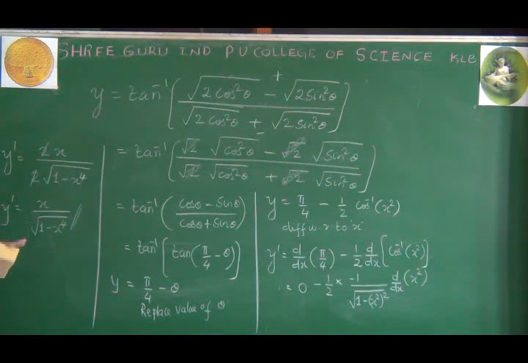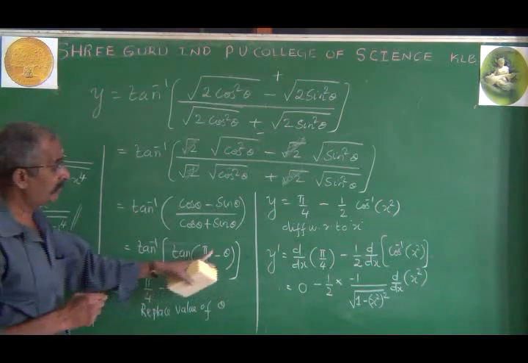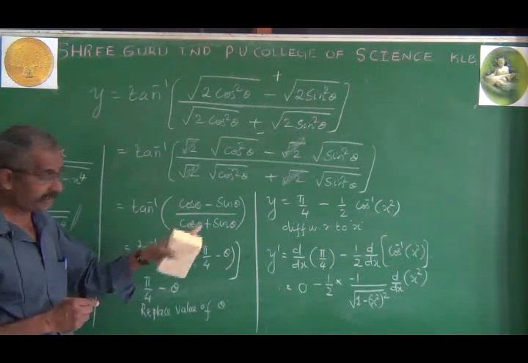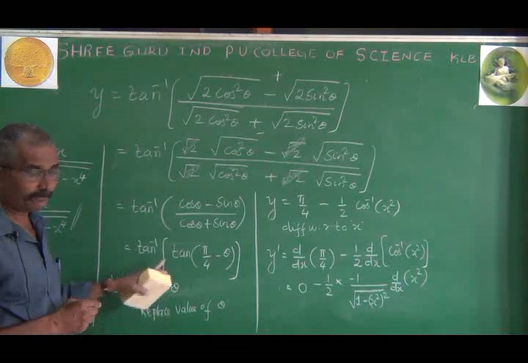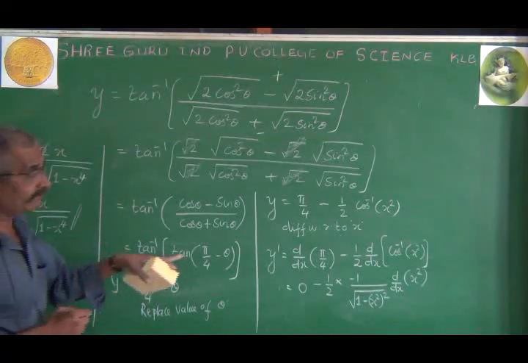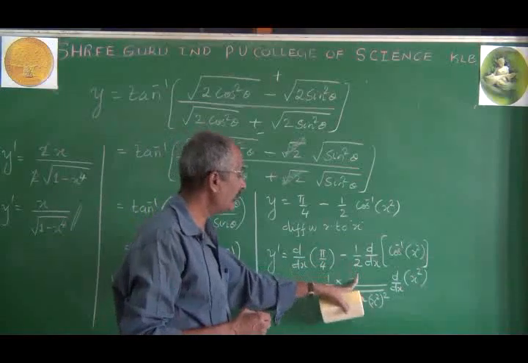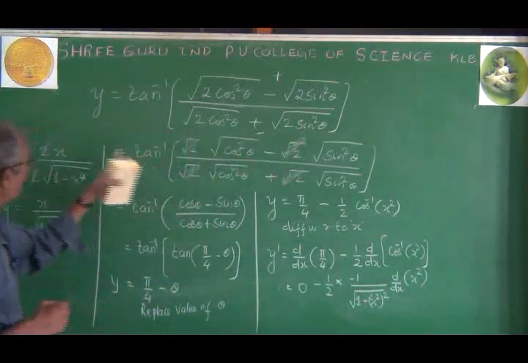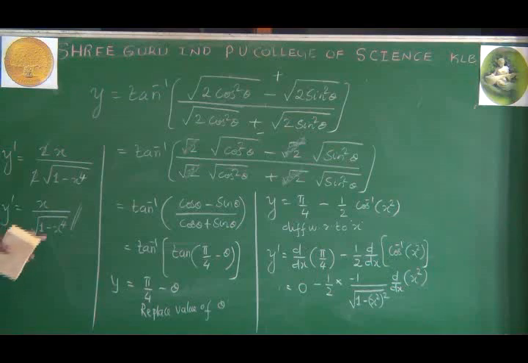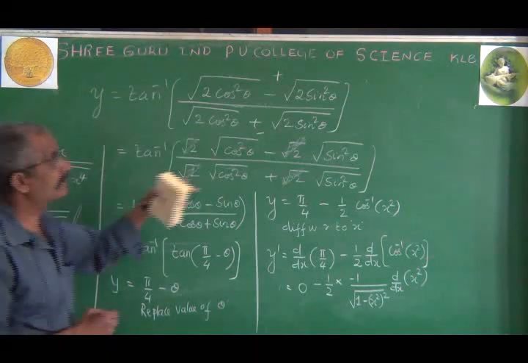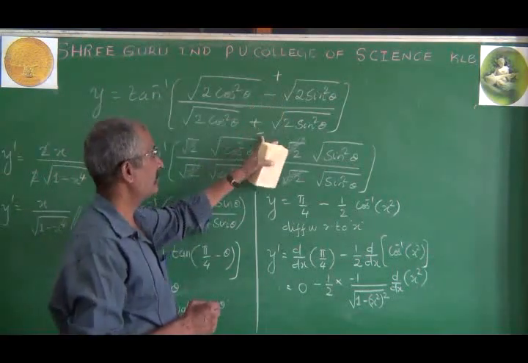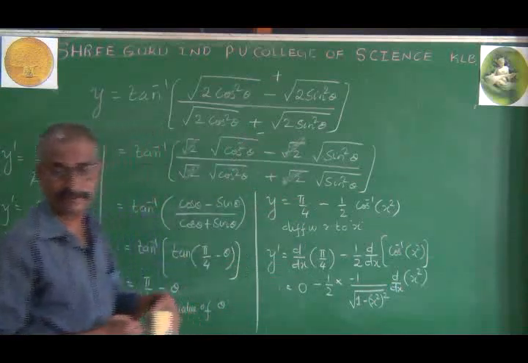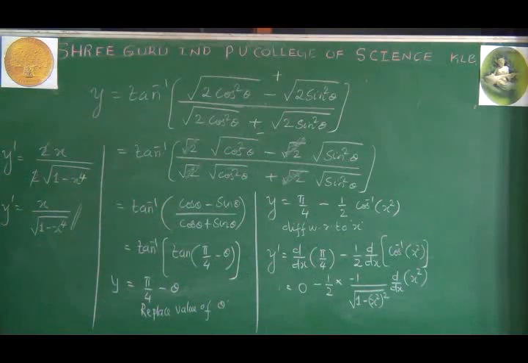That's the only change, because in this case you will get pi by 4 plus theta. After differentiation this minus sign will remain the same. So that's why the total answer is minus 1. So the same question may be given with a reverse arrangement of plus and minus, but the method will not change. Same substitution, same kind of steps. Lastly, the answer becomes minus of x divided by root of 1 minus x to the power of 4.